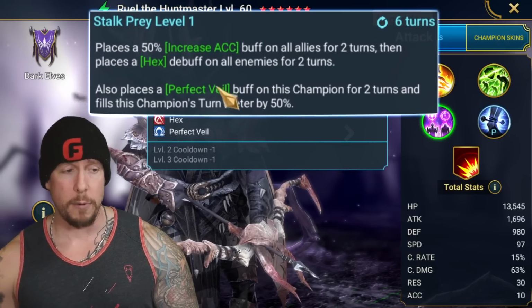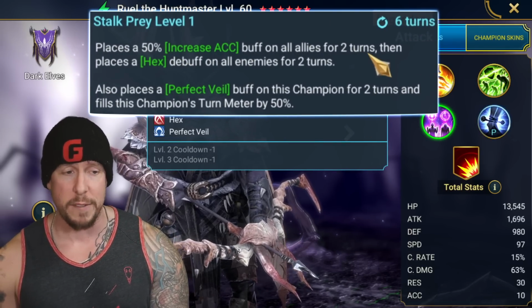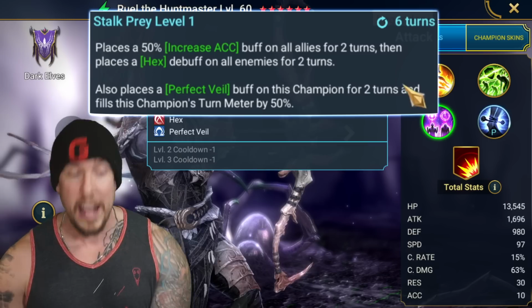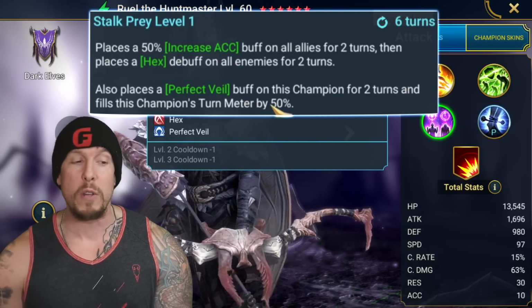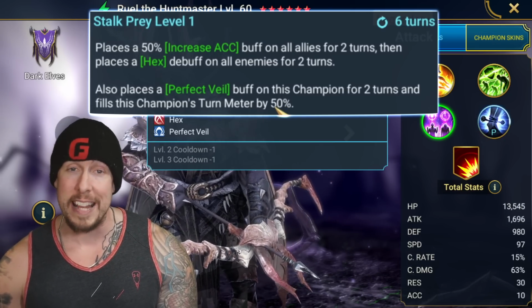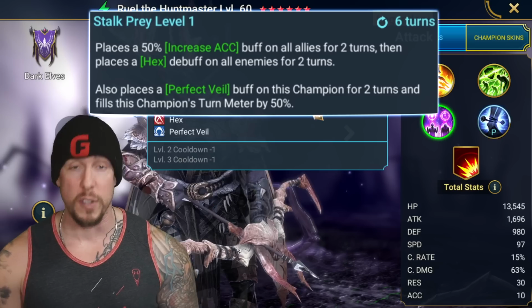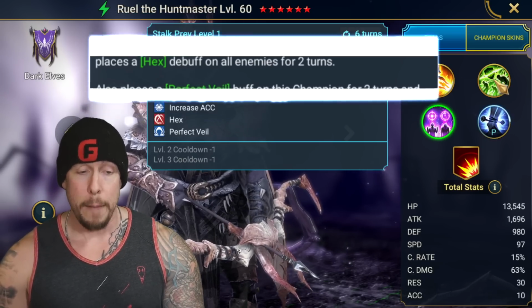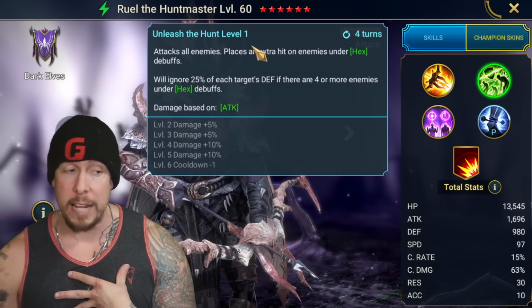Let's start with his A3, right? Places an increased accuracy on all allies for 2 turns, places a hexed debuff on all enemies for 2 turns, perfect veil on this champion for 2 turns, and fills this champion's turn meter by 50%. You know what? It's not grant an extra turn, but a 50% turn meter fill is really nice on this ability. So he's got the increased accuracy, the Hex, perfect veil on himself, comes back in with Unleash the Hunt,